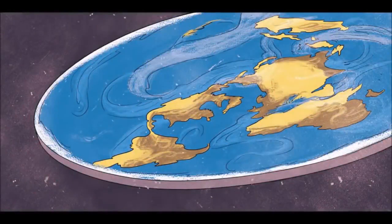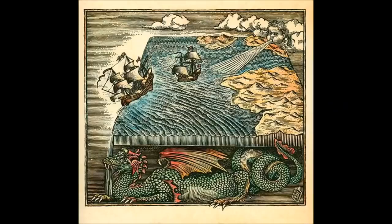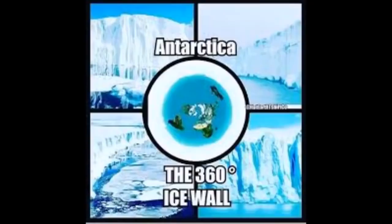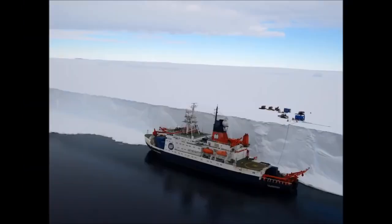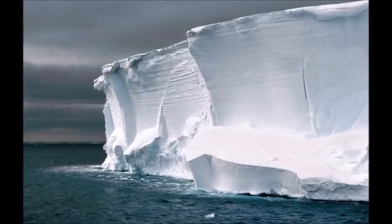Who's to say there is an edge? Most people's first reaction to flat Earth is that there must be an edge, but is that because of how it is presented to us? On the current flat Earth model, there is no edge, but rather a 360-degree wall of ice surrounding Earth holding the oceans in. Again, no one is 100% certain that this ice wall exists, because for more than 50 years,